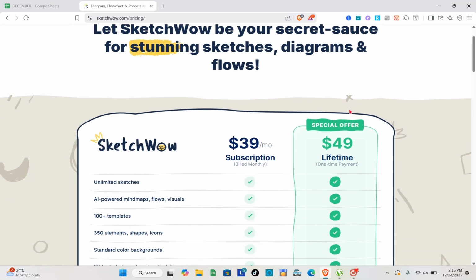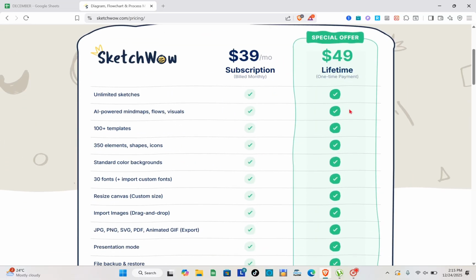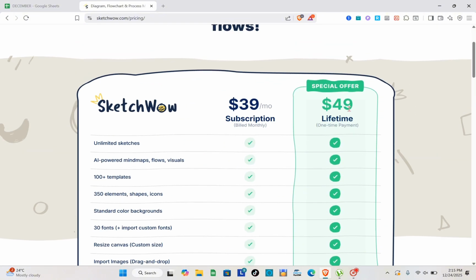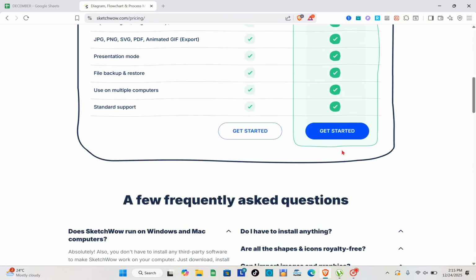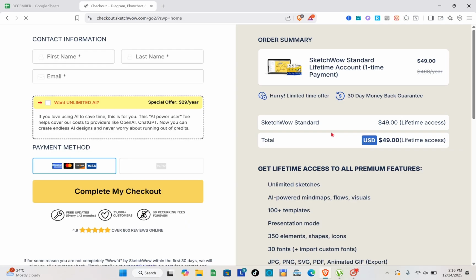So we have two different subscriptions. The first one is $39 per month, and the other one is $49, and that is lifetime. So this one is just a one-time payment. If you want to get this package, all you have to do is tap on the get started option. Okay, so when you tap on this one, you just have to wait for a couple of